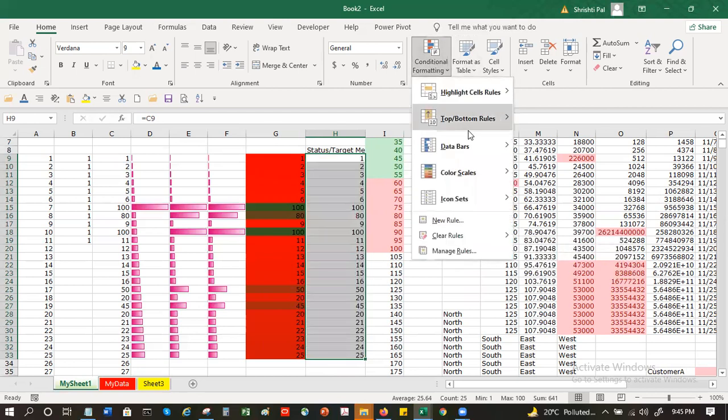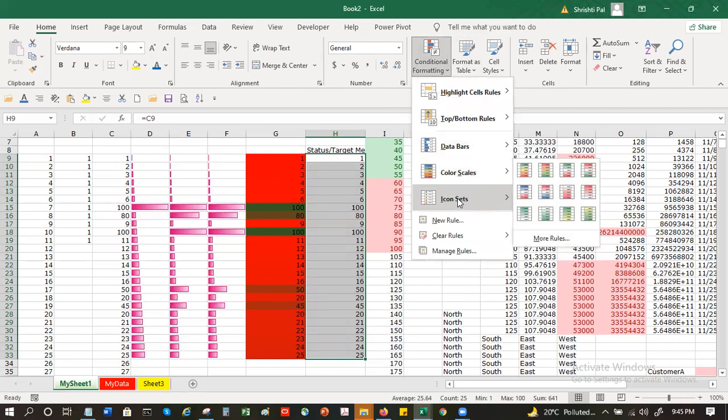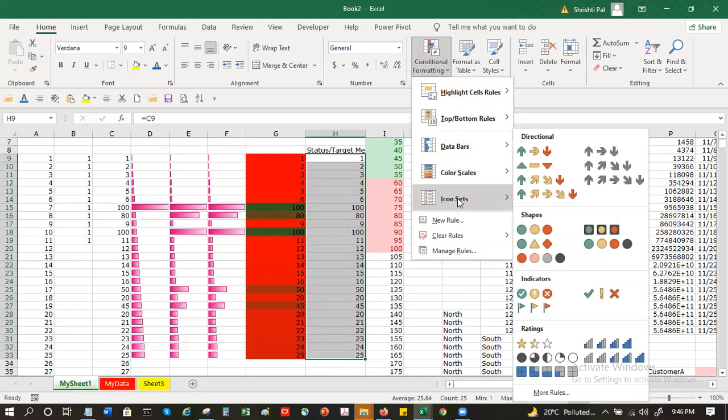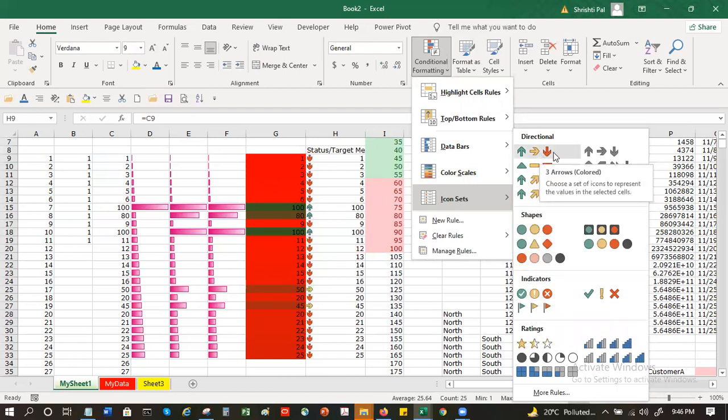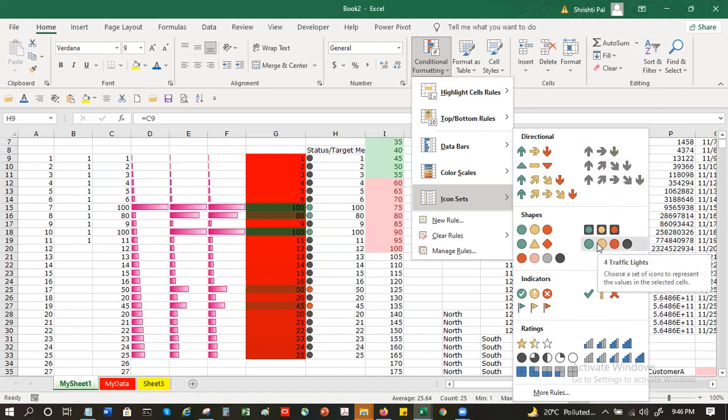Here, instead of data bar or color scales, I can go to icon sets. Icon set means I can use these icons. Like someone has met their target or someone has achieved more, then you can highlight this status: completed, not completed, or like these indicators: red, blue, yellow, green, shapes, up arrow, down arrow, whatever you want as per your choice.